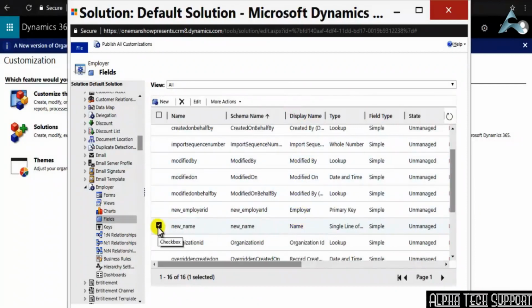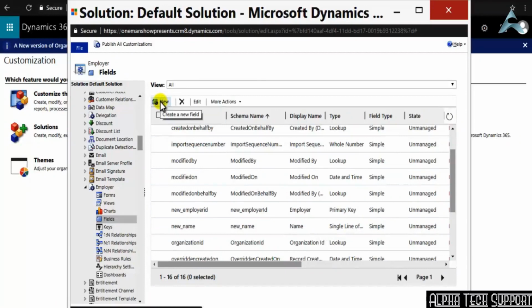The fields other than new name are system fields. So these fields are currently not visible to us, but let's create 3 fields which will be visible to us